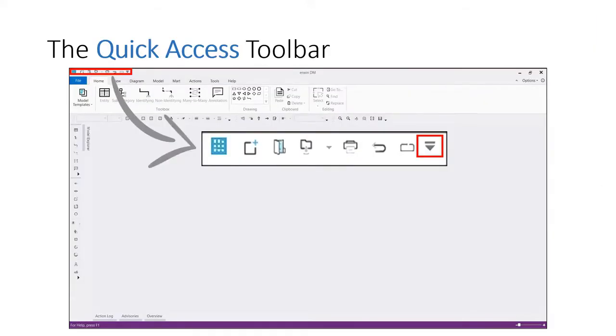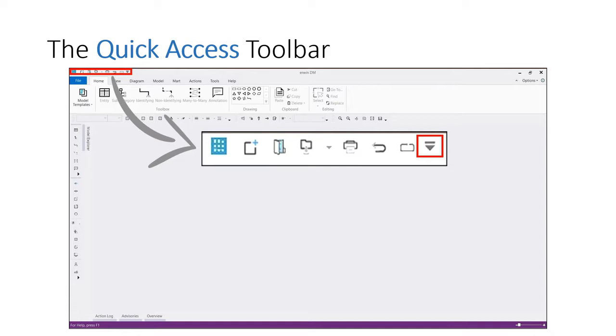The Quick Access toolbar provides quick access to user-selected menu and/or submenu items, which increases overall modeler productivity, as a single mouse click is required to perform any of the Quick Access toolbar menu functions, such as open, save, print, etc. This toolbar can appear above the ribbon menu, the default position, or below the ribbon menu.